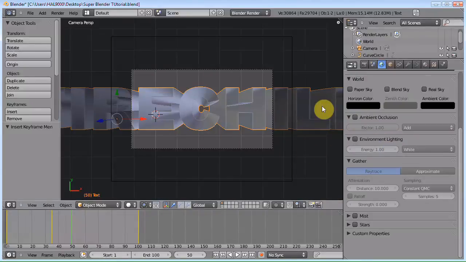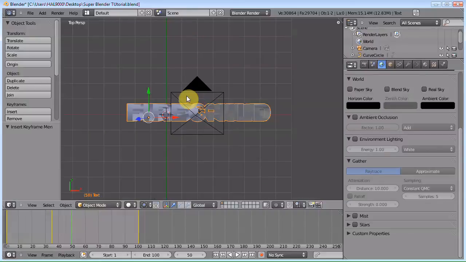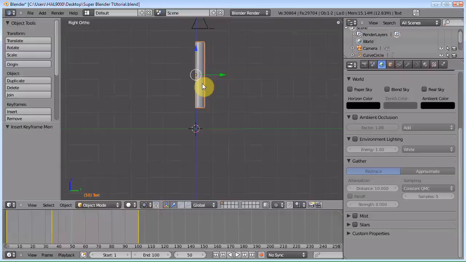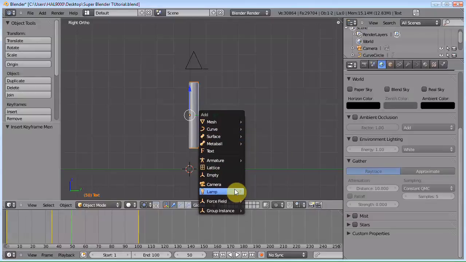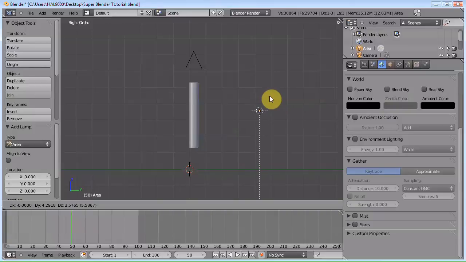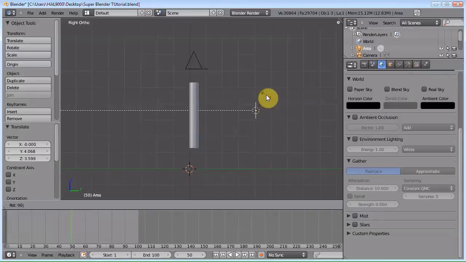But next step, actually, before we do materials, let's go ahead and get our lighting set up. So if we go into side view, what we can do is light this with area lamps. So if we hit Shift A, add a lamp, and add an area lamp. And then we can drag that over here, rotate it 90 degrees,